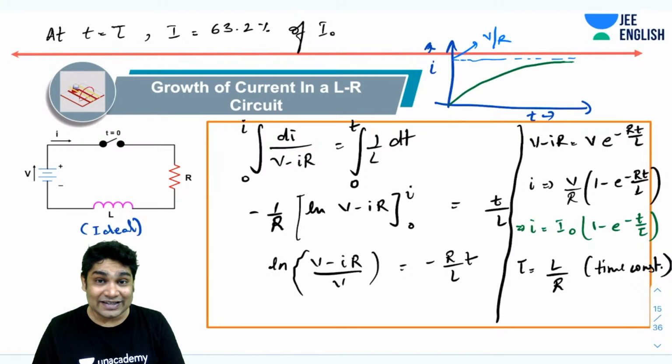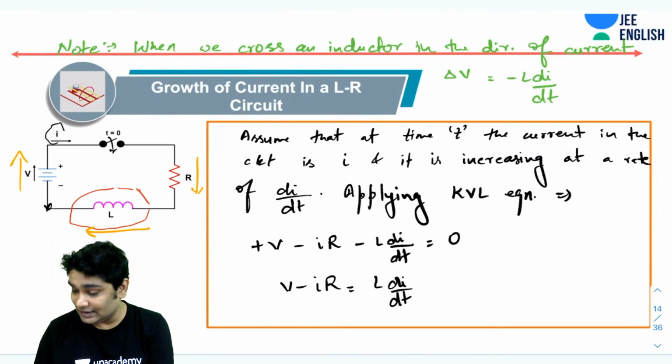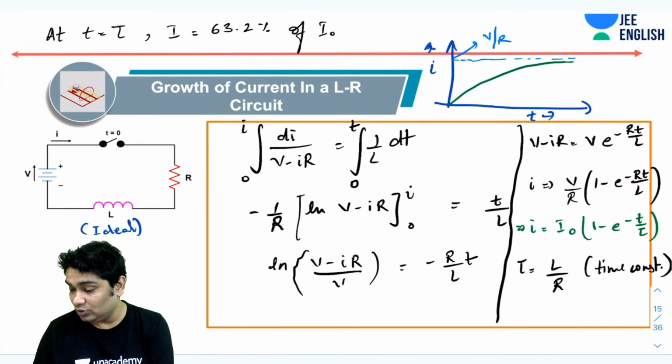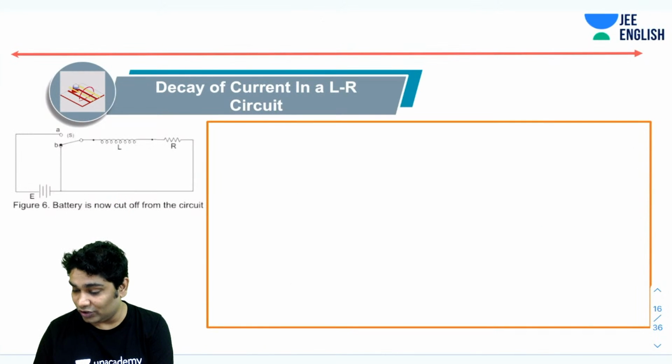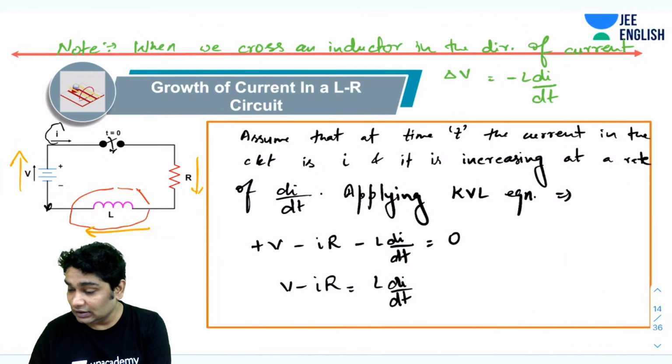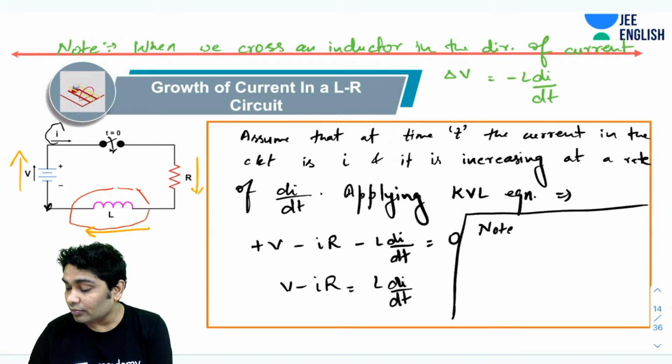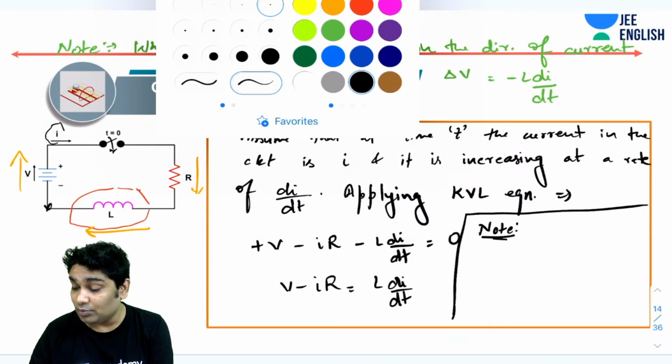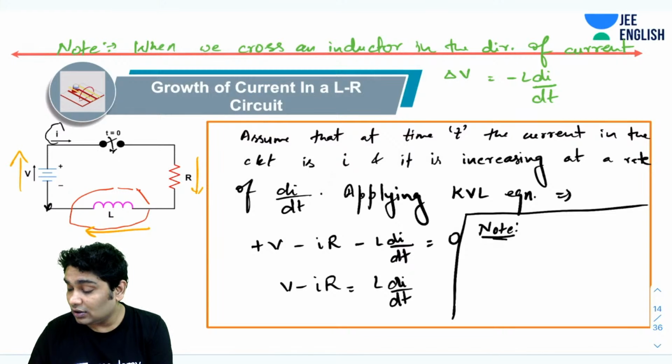For an inductor, in steady state, it can allow any current. So let's make ourselves some notes. We have run out of place, but let's just write that little note here. This is important. So remember that at t equals 0, the inductor